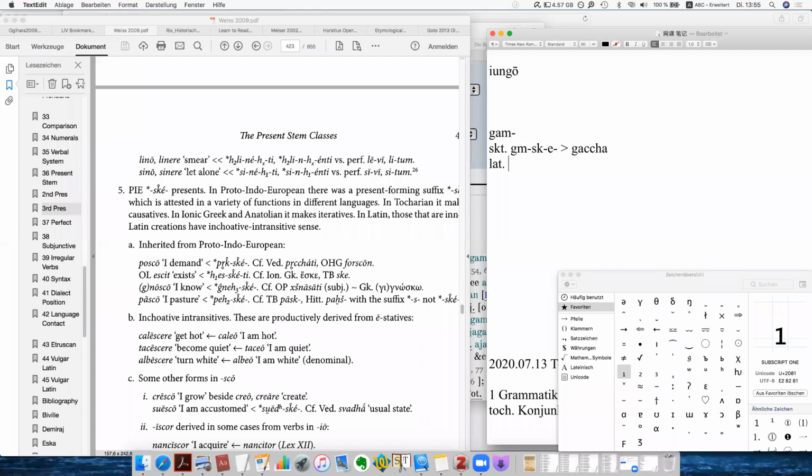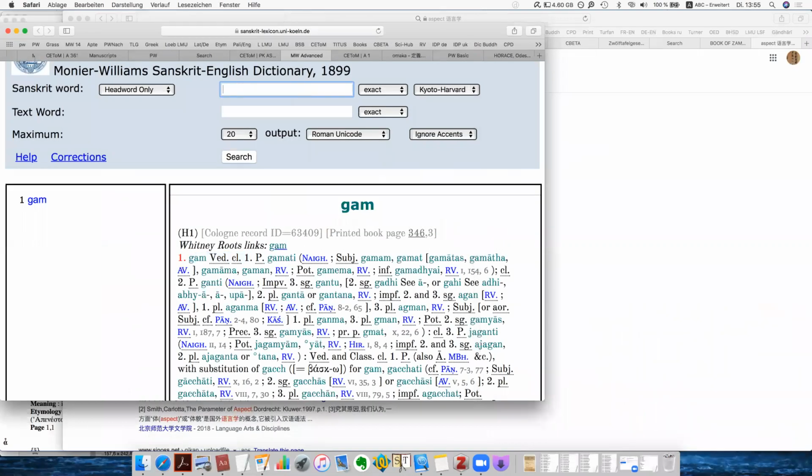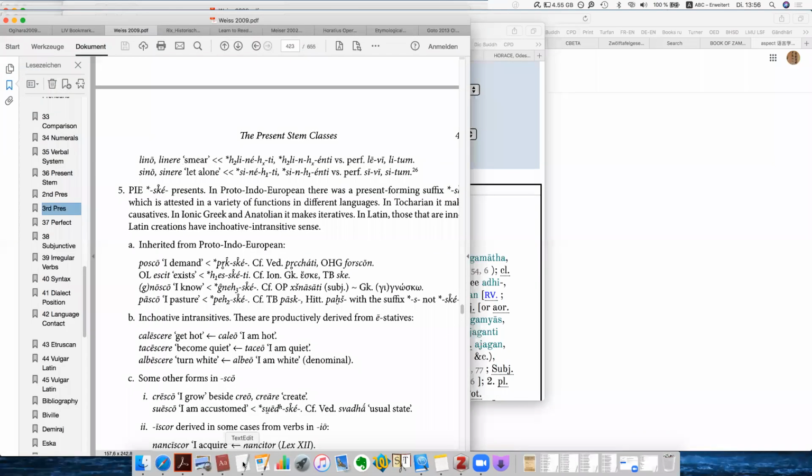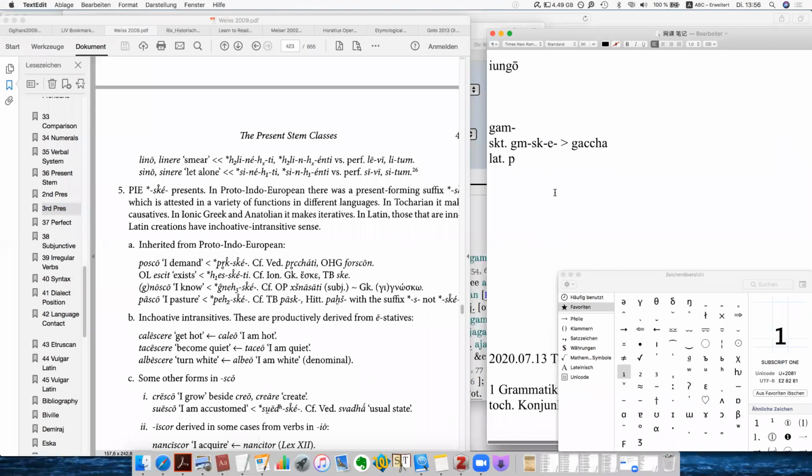And what is Latin? In Latin, there's another example called Pritch. Probably we can also check Pritchati. I'm not sure which, okay, it's okay. We can just use Cacciati, which is more familiar. So in Latin, we have a root called posco, right? And posco means demand. And this posco goes back actually to